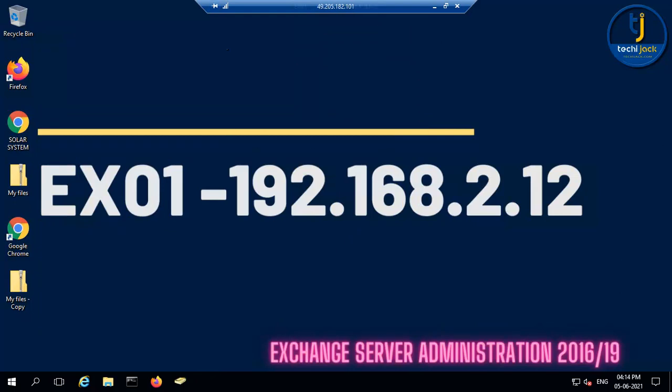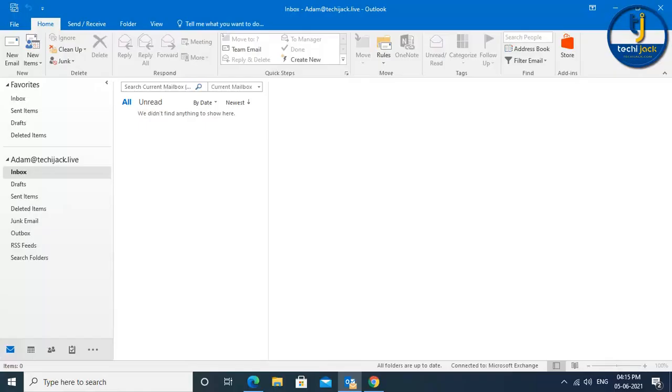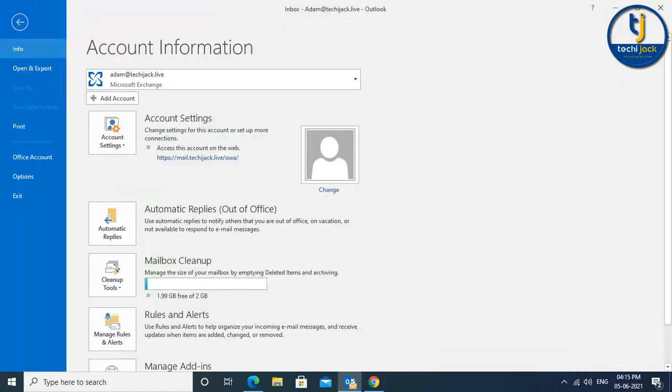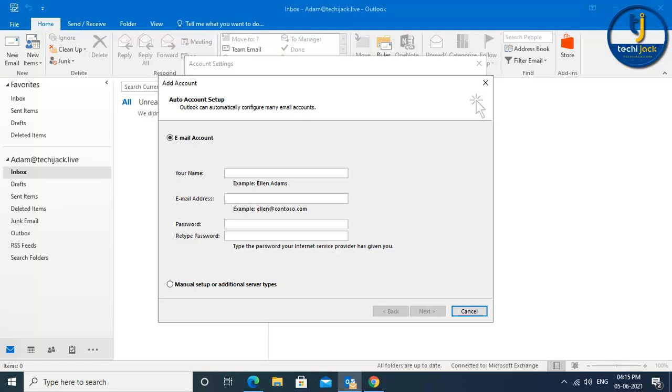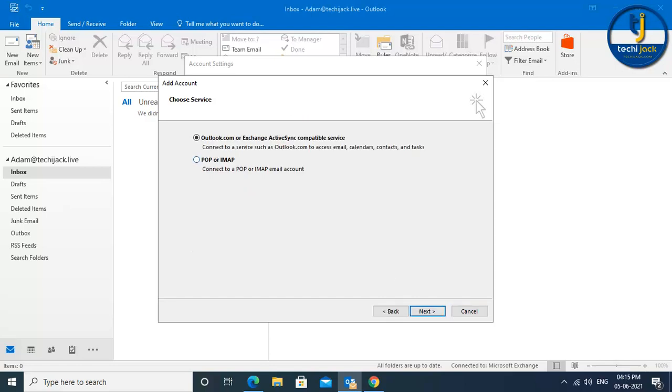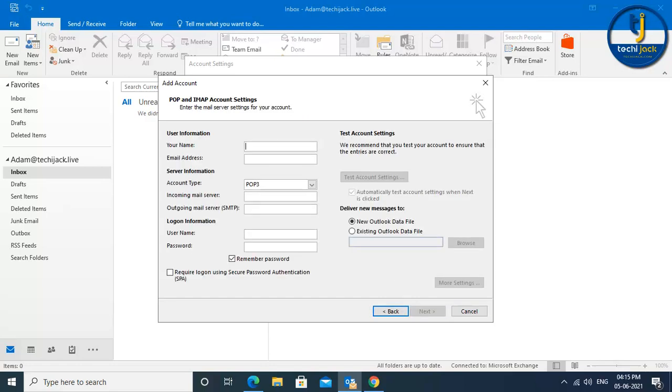So let's go back to our public computer. Now Adam is configured with Autodiscover. If I go to File, Accounts and say new account, instead of Autodiscover I choose manual setup. If I click on next, I select POP and IMAP. I will say user Jack, and instead of POP I will say IMAP, and the incoming server will be